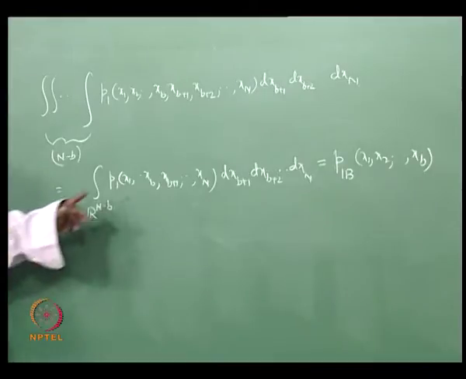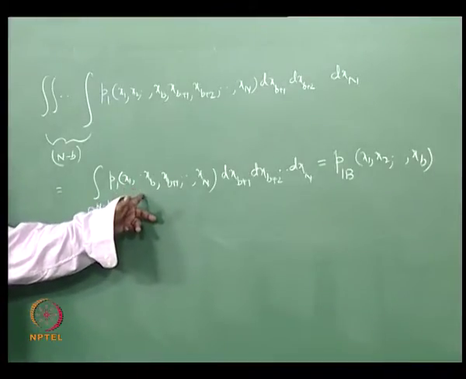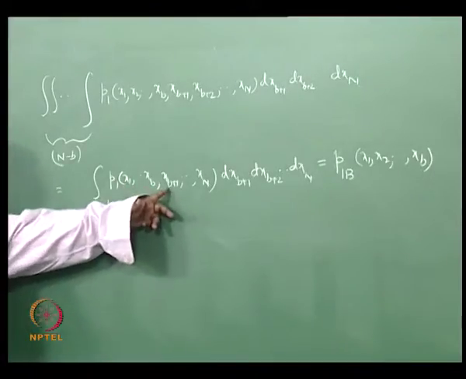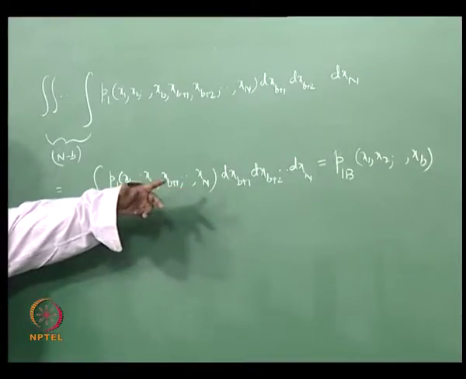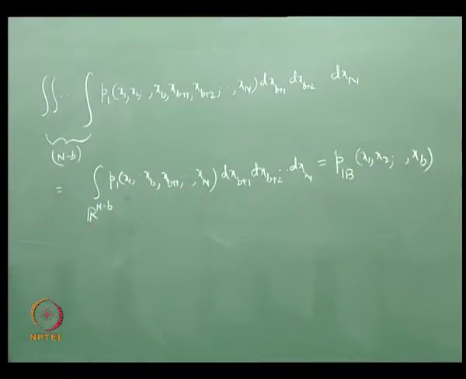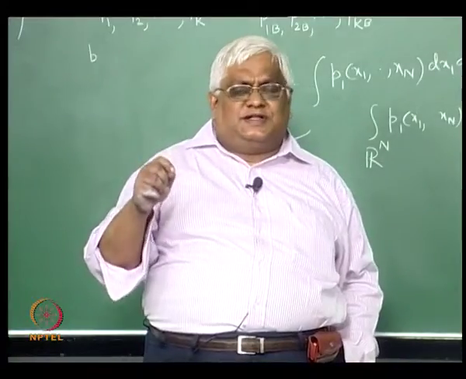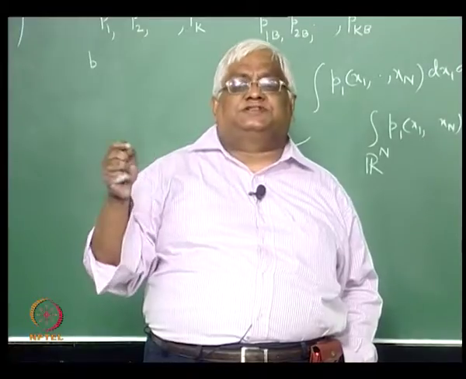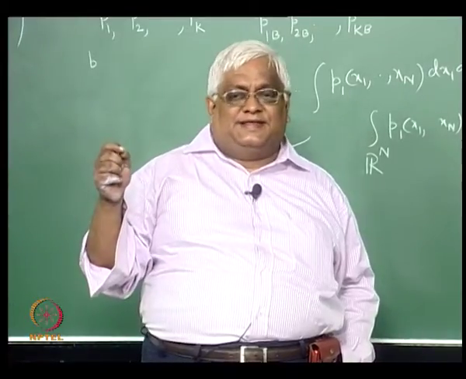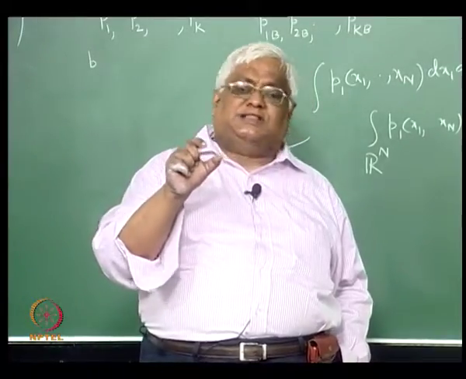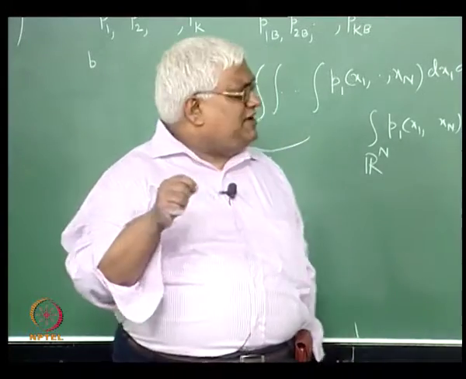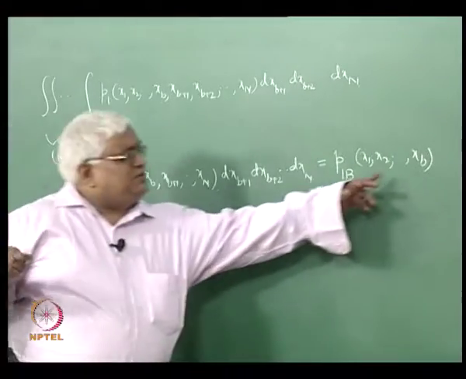Because x 1 to x b are there, you are doing the integration over b plus 1, b plus 2, etc., up to capital N. Are you understanding? So, there are some variables which remain. What are the variables that are remaining? X 1 to x b,